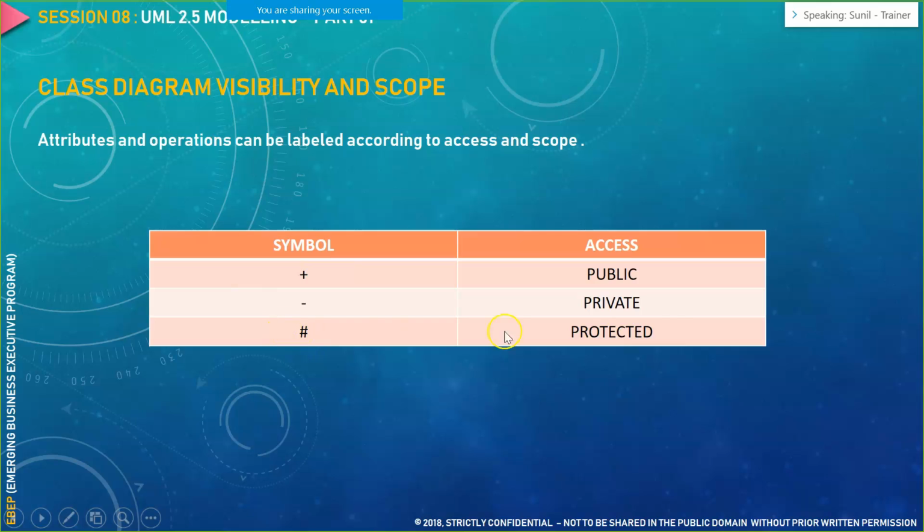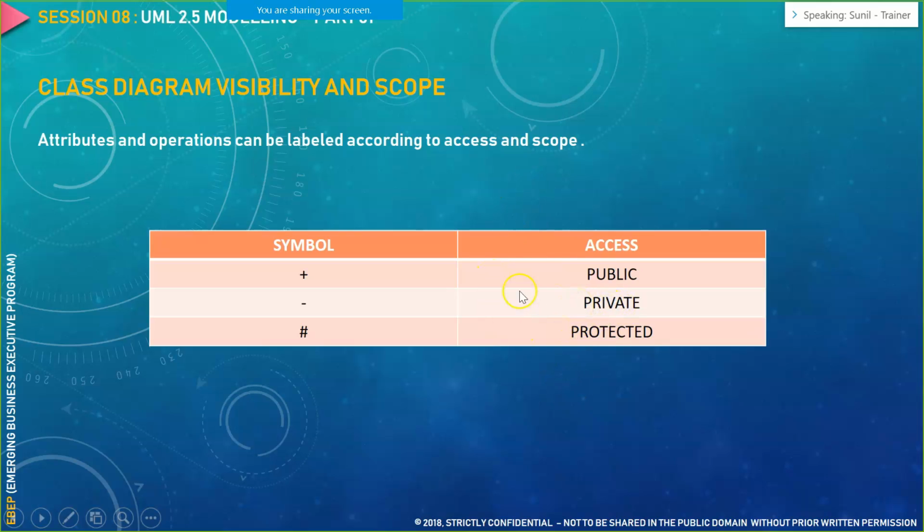Then comes the other one, protected, wherein user A is able to see selective details of user B. Not everything, but selective details. That means the access level is protected. When user A is unable to see any of the details of user B, that means the access level is private. So that is completely restricted. This is completely unrestricted, this is selectively restricted, and this is completely restricted.